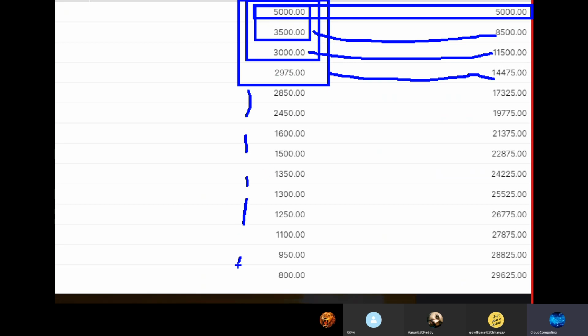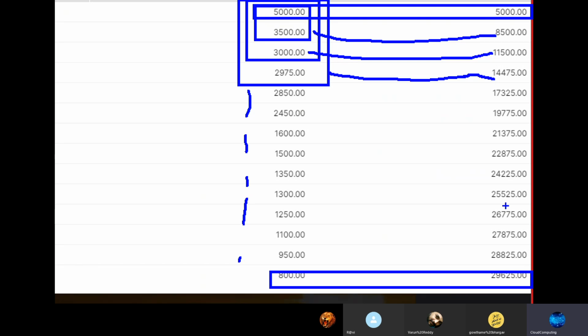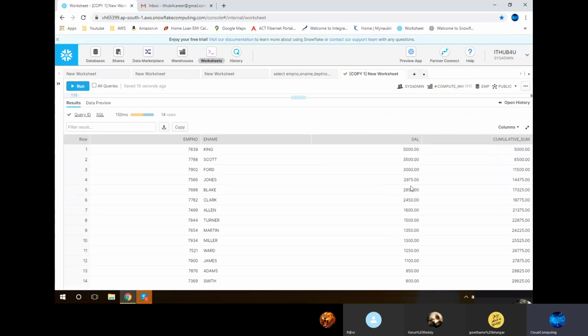Okay, I'm not able to show the diagram, so like that. At the end you will get the complete totals. Most of the time these are developed at the report level. They want to see what the total is at that moment. They can apply it on geographical location wise or product wise. Based on location, they can see the running total based on so-and-so date. So they can apply it on any fields.